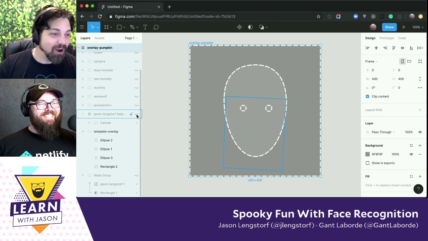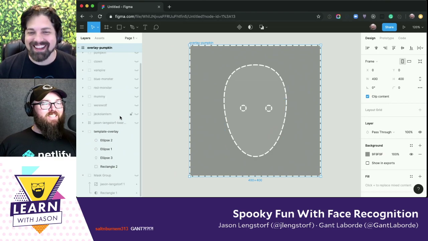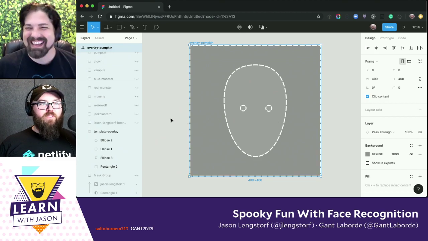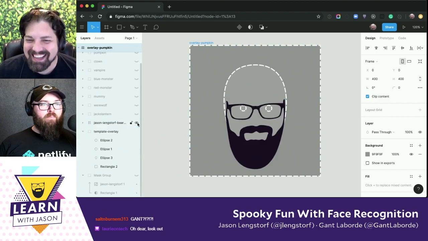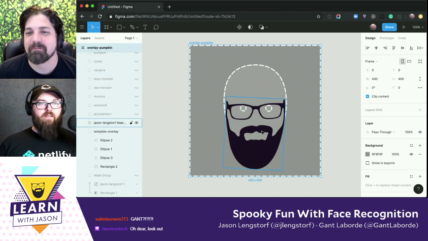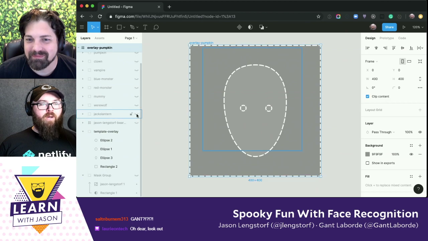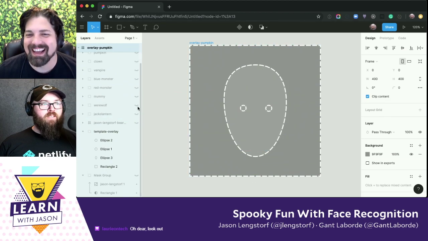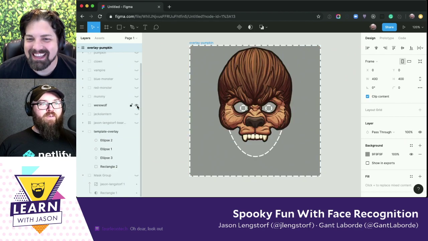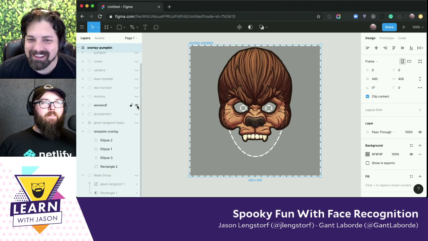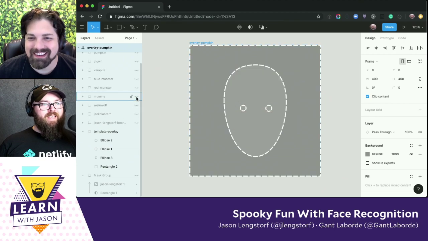Once we've got this template in here, I was able to position the beard. This is roughly the way we would want that to work. Then Gant bought all these really fun masks, or no, wait, that one's not legal. Don't look at that one. That's one I found, it's like clip art. But then Gant found these masks that we bought off Graphic River. So we bought these masks,